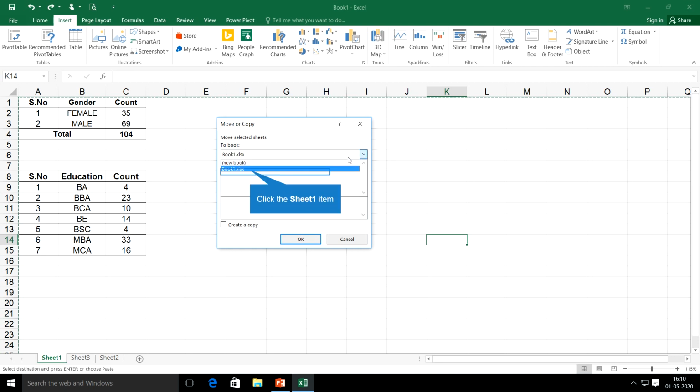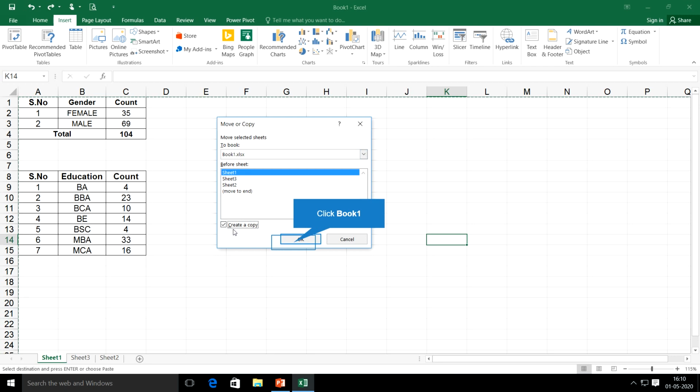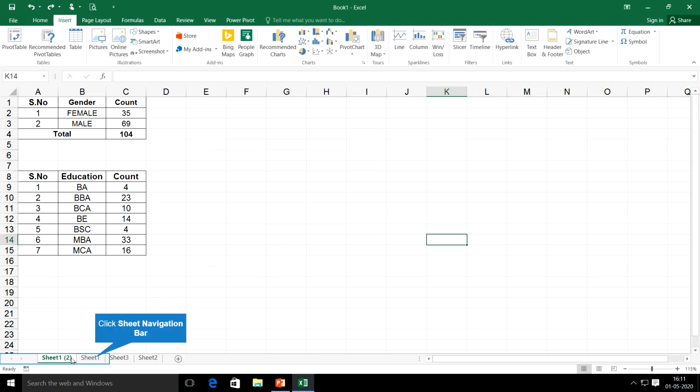Here I have two options, either this book itself or a new book. If I want to create this copy in the same workbook, I can go with this book, click on Create a copy, and click OK. What happens is Sheet1 will be duplicated and it will be named Sheet1 within bracket 1, 2 or 3, or whatever it is.